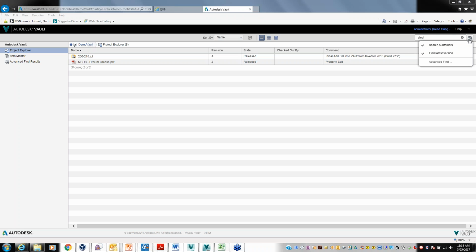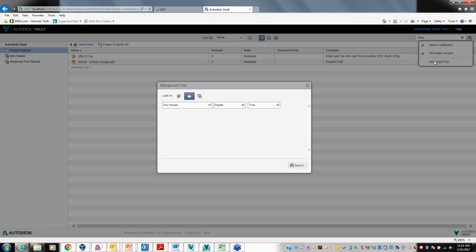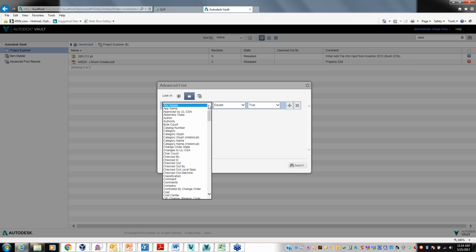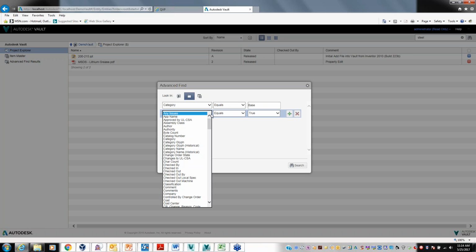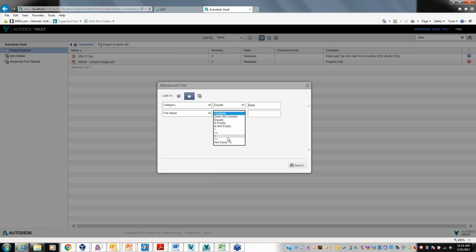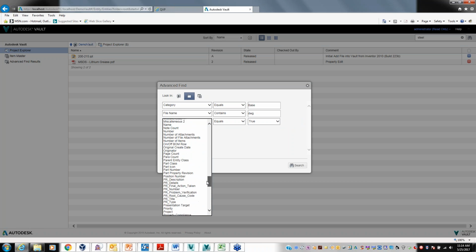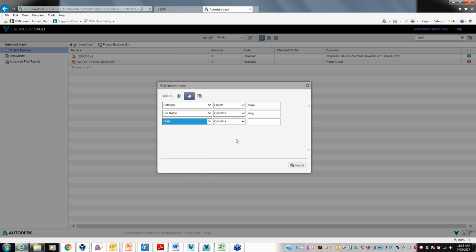Whereas, and this is the trouble I was pointing to with Vault, if I want to do a multi-property search, I need to go into the advanced find and say I want to search on my category, and I want to say that it equals base, and then I want to search on my file name and say that it, actually I can't do a starts with, I'll say it contains DWG, and then I'll say my state equals released. Not sure if I'll get anything here, but you can see it is,